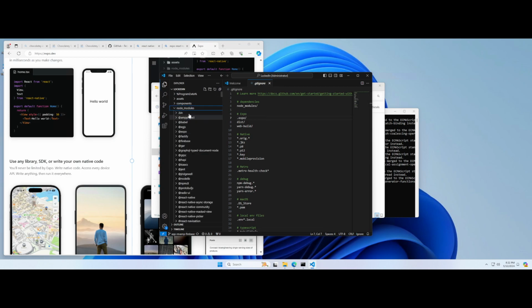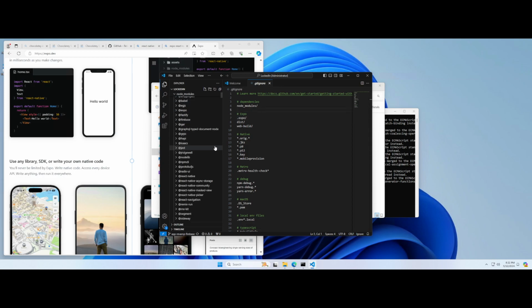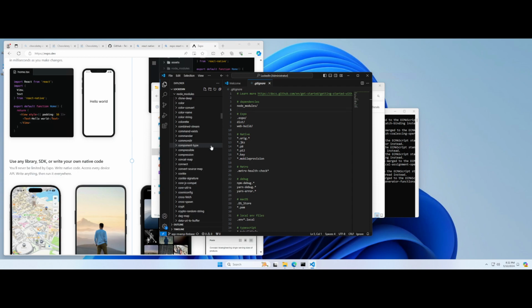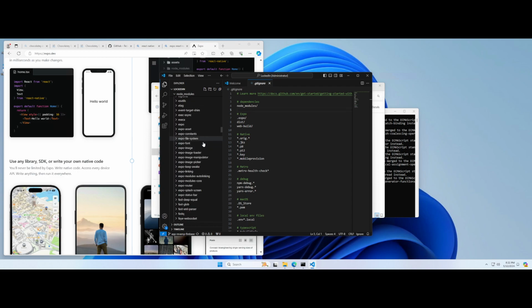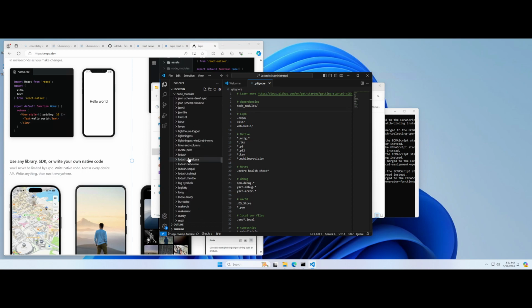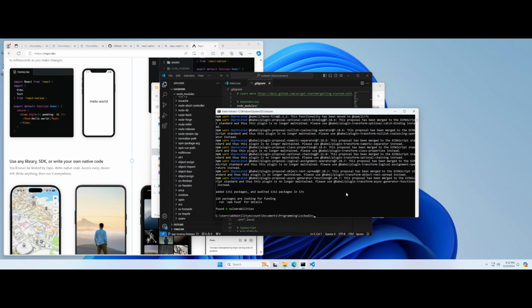This node modules folder is the best way to know what kind of libraries you're using. We're using a ton of libraries, and each library comes with its own set of dependencies, and that's why it grows almost exponentially every time you add something. There's things like JSON, Jest. Jest is a testing library. We don't use half these things, but what we do use is Expo. Expo comes with all these things. It requires it. And then just to start it, you want to do npm install, and then